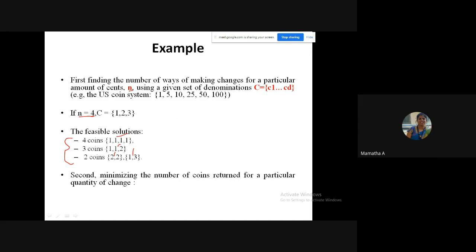Third, ma'am. Third. You can see 2 coins is the least one. This is my optimal one. The optimal solution will be of 2 coins. That is 2 coins, right, of each denomination 2, or 2 coins, 1 of 3 and 1 of 1. See, all the 4 are feasibles, out of which the last 2 are the optimal one, because I wanted the fewest number of coins. Coin change problem, this is.